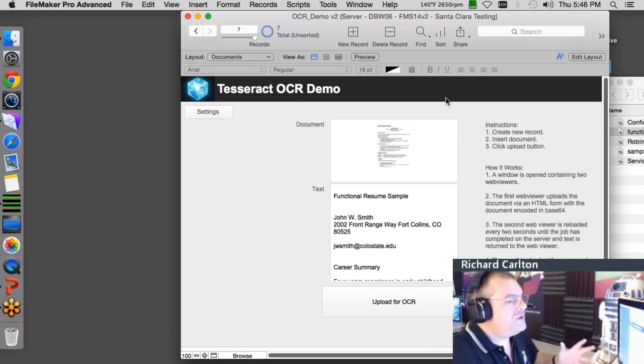Now, something else that we noticed with this process. Initially, we were doing this with the insert from URL command, which was talked about a lot at DevCon. The problem with insert from URL, and I've kind of gotten in FileMaker's face about this, I know a lot of people complain, is that it's largely synchronous. Which means that when you run it, FileMaker pauses and waits until the results come in, correct? Right, William? Yes, and the problem with OCR is, depending on the document complexity,